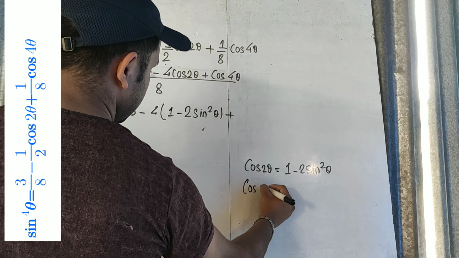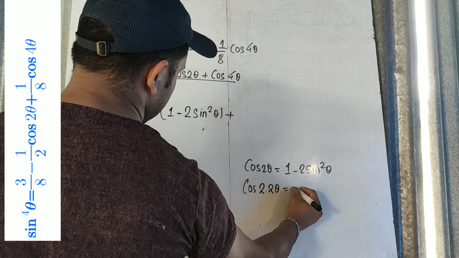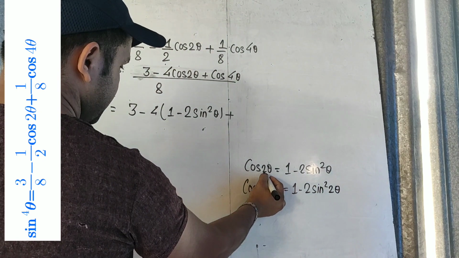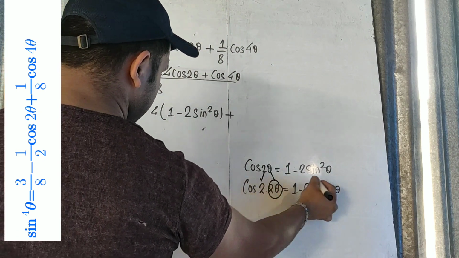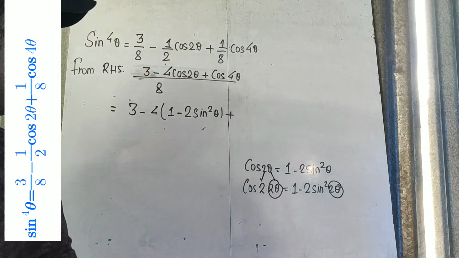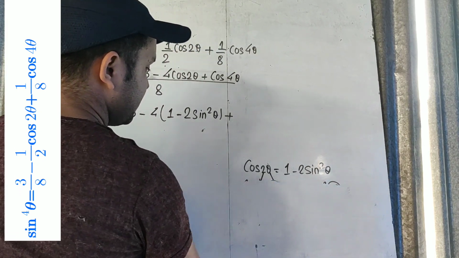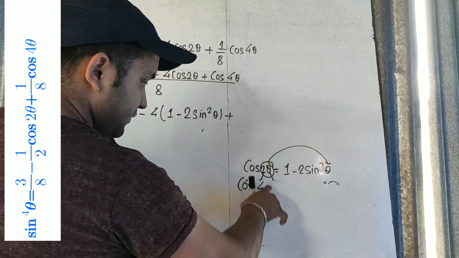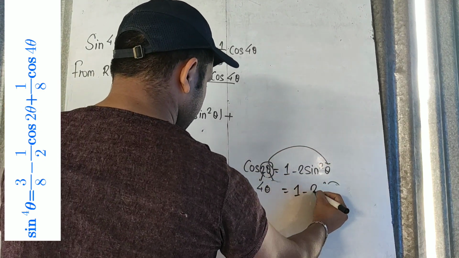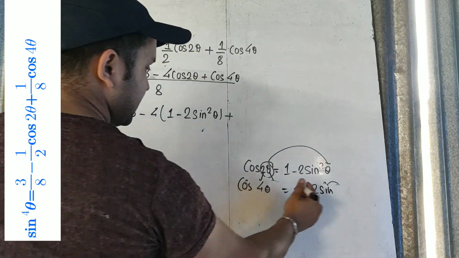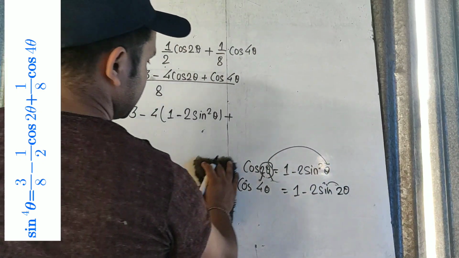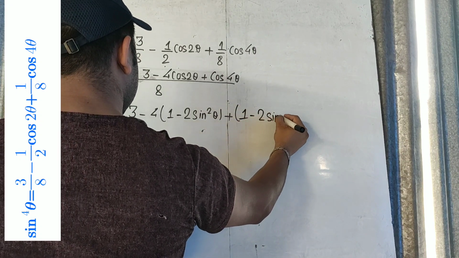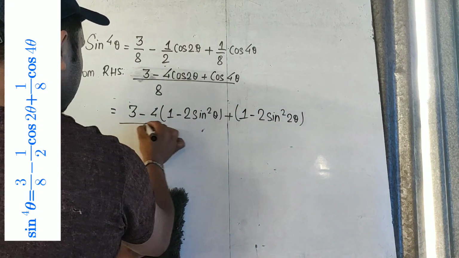Now here you have cos 4 theta. 4 theta means cos 2 into 2 theta. So your formula would be 2 sine square 2 theta. In place of theta you have 2 theta. So in place of this theta you also need to have 2 theta. Or you can simply understand it in this way also. Cos 4 theta: when you have 2 theta, you have theta here, just half of this. Here also you need to have half of 4 theta, which is 2 theta. So cos 4 theta can be written as 1 minus 2 sine square 2 theta, divided by the LCM here, which is 8.